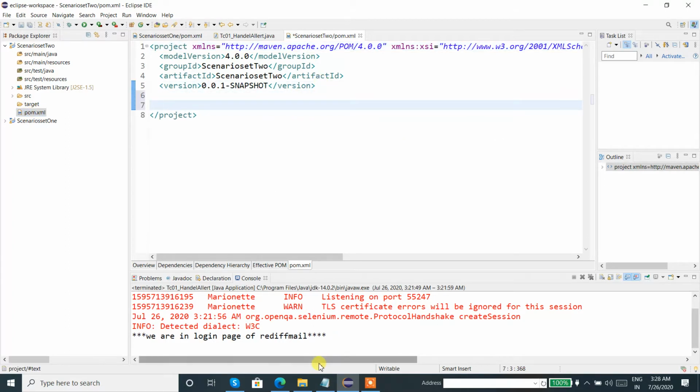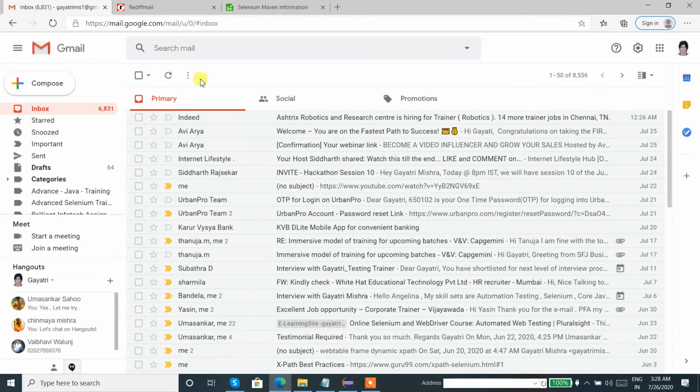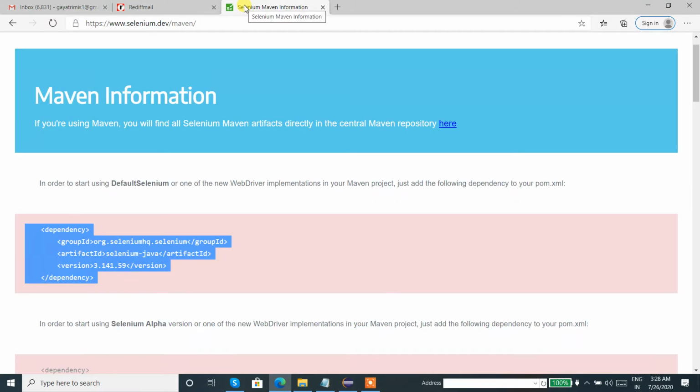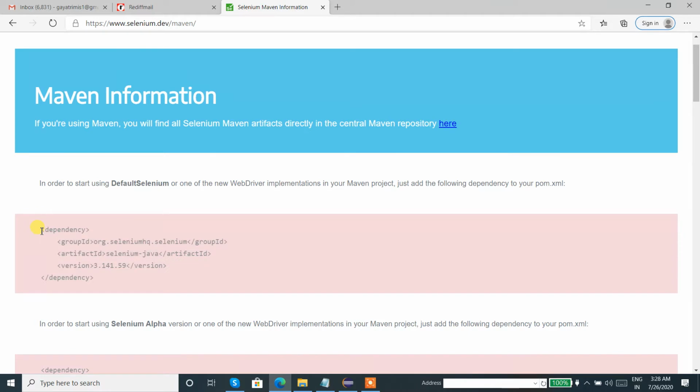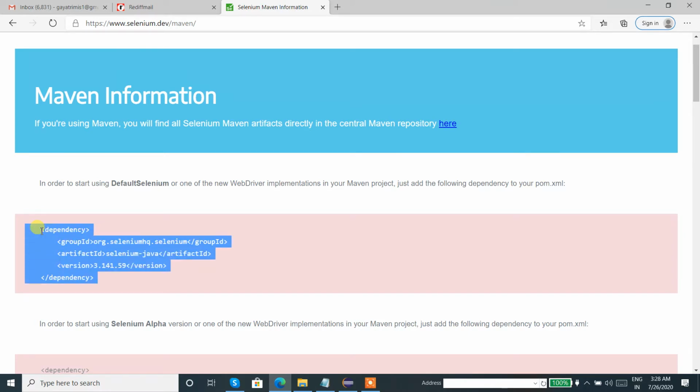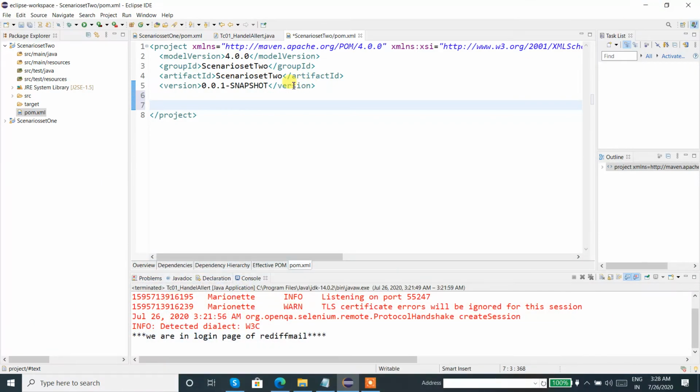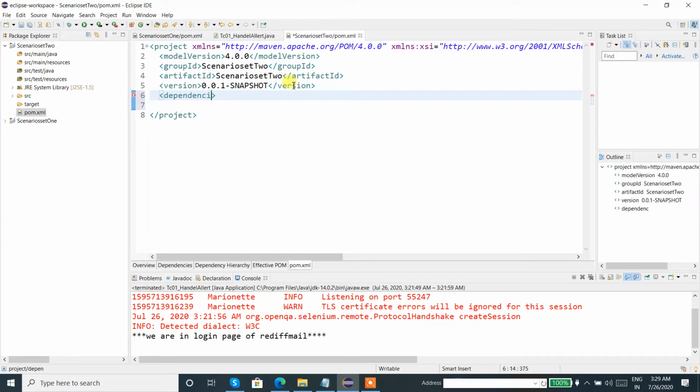So as we did earlier, we need to get the dependency of Selenium WebDriver. Let me copy the dependency for Selenium WebDriver from Selenium dev again, and let us add the dependencies tag and close the dependencies.